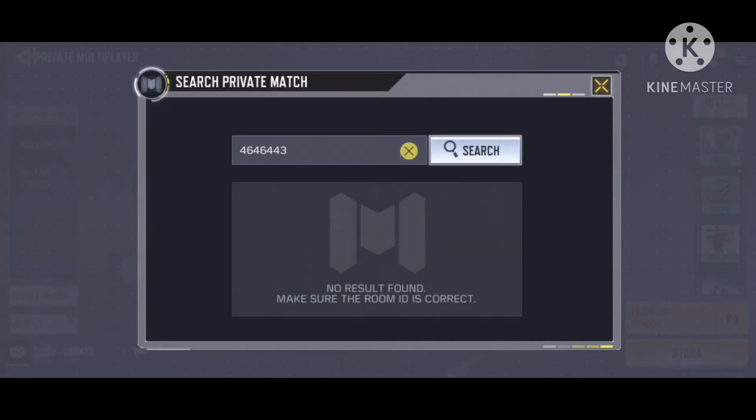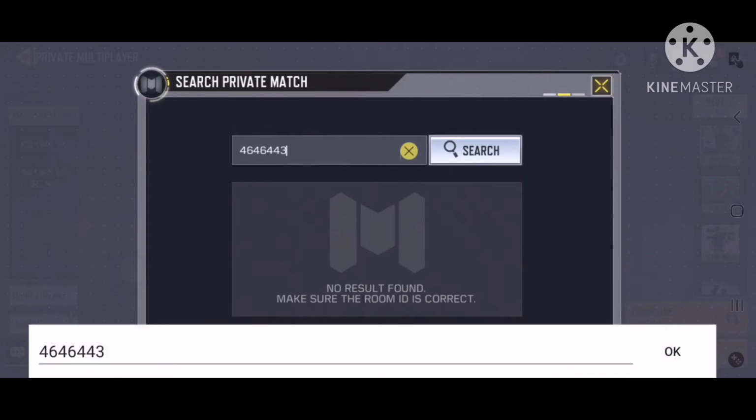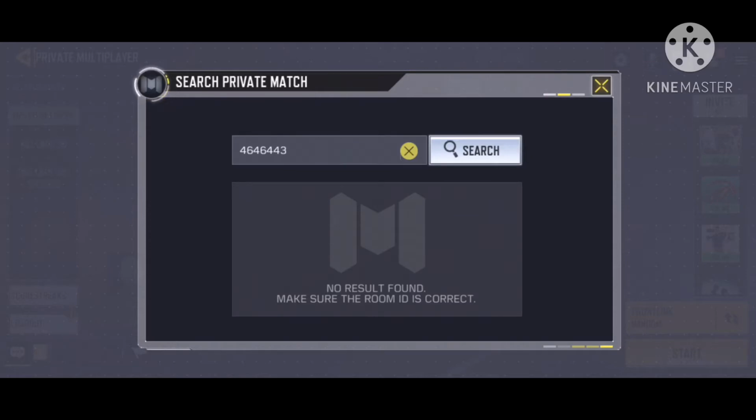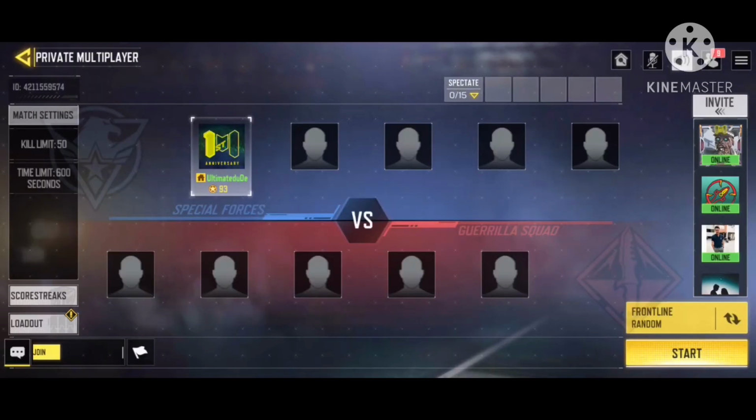So here you can see that no result found, but when you write the correct ID and click search, then you will get an option to enter the room, and if an error comes that the room is full, then that means the room is full and you cannot join it. So this is another way.